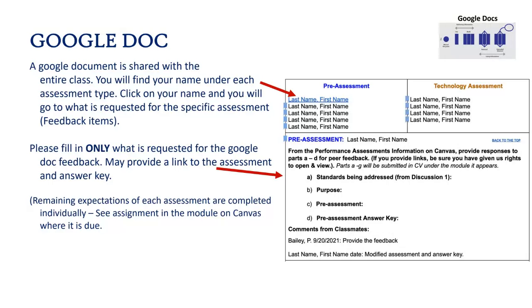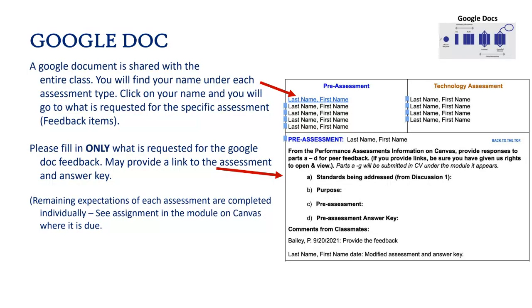It's a little bit about the Google Doc. When you go into IP or the R2 IP for the pre-assessment, there is the link. You're going to take it straight to the Google Doc. You're going to see your names on the left. You're going to see your names repeated on the right. But we're going to go to the pre-assessment, click on your name, and it's going to take you down to